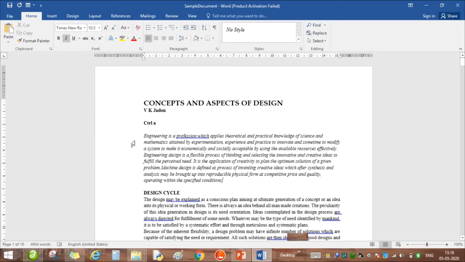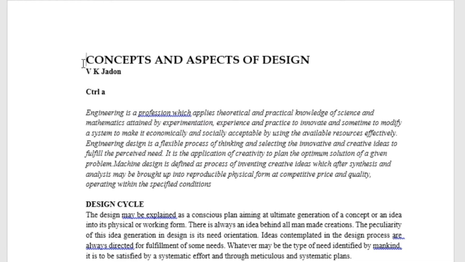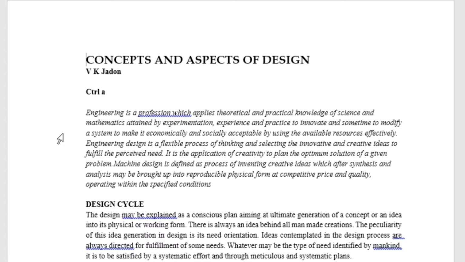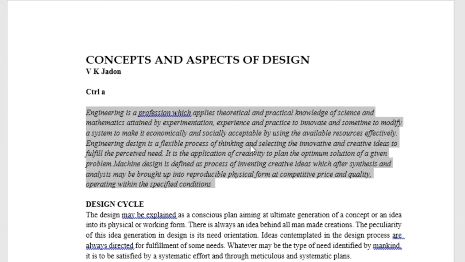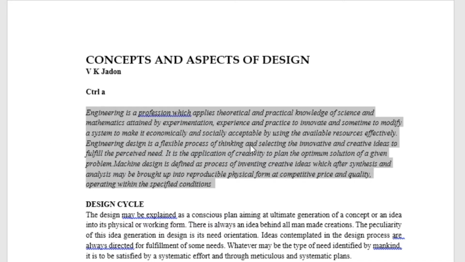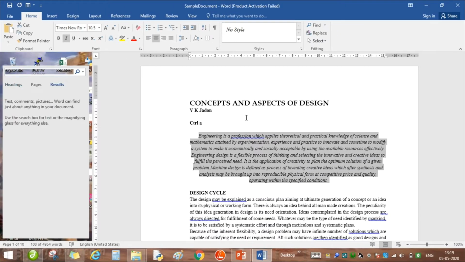I can select by mouse. If I press Control C and want to paste it here, Control V. So this is how we can have a copy of this. I can delete it. If I use the delete button, it is different from Control X, because if I delete, then it is not pasted on my clipboard. We can also use Control B, that is, if I want to bold it, Control B, Control E to center align, Control F to find.